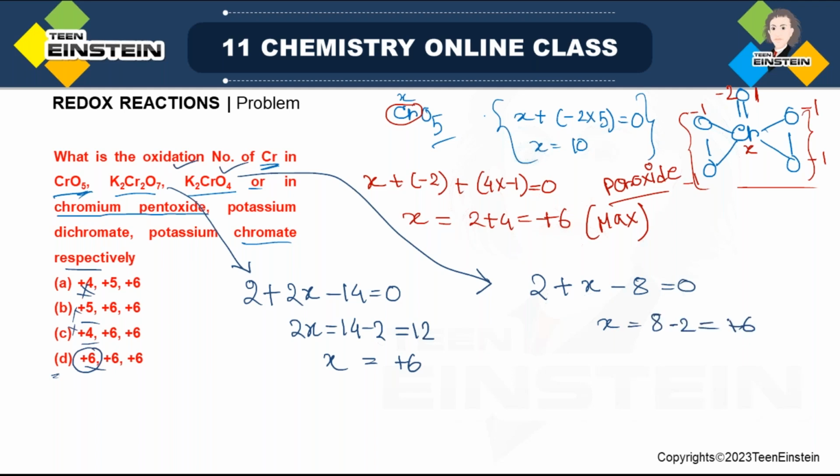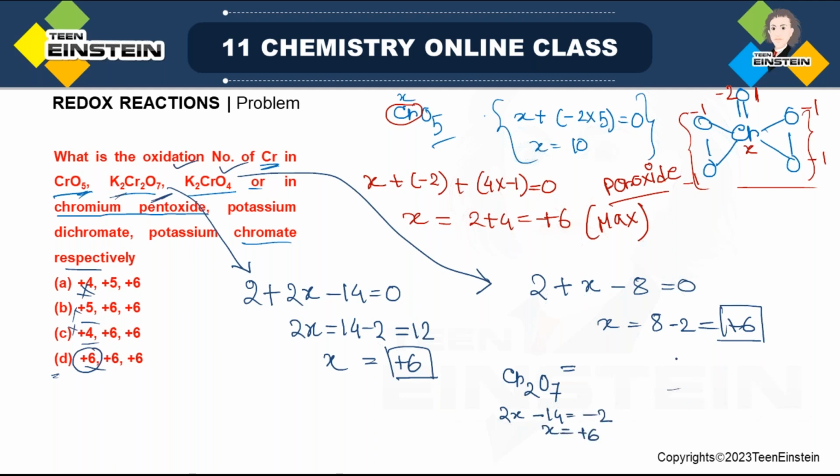This is also +6. So for each compound we are getting +6. You can also do the calculation. Simply remove 2 potassium. You are getting the cation, anion Cr2O7. So here if you consider 2x plus -14, overall charge -2. Here also you will get the same